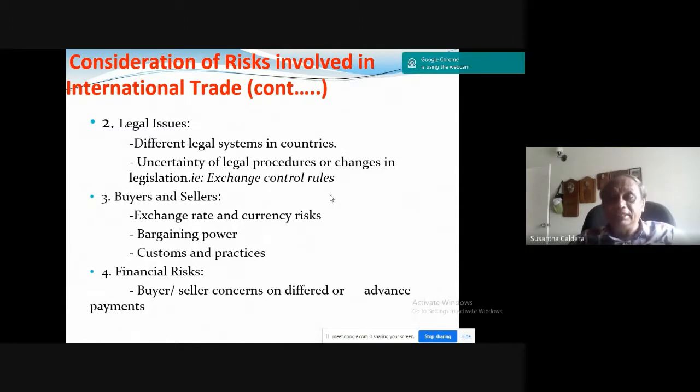When it comes to buyers and sellers, exchange rate and currency risk. We are having this issue in Sri Lanka, right? Bargaining power. If another party is more powerful in bargaining, you have to give in. This is what is happening with the Chinese guys, right? And Muslim countries like Jordan, Lebanon, right? When they come to the bargaining table,